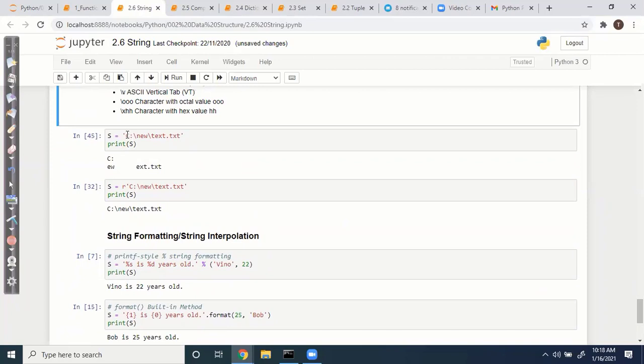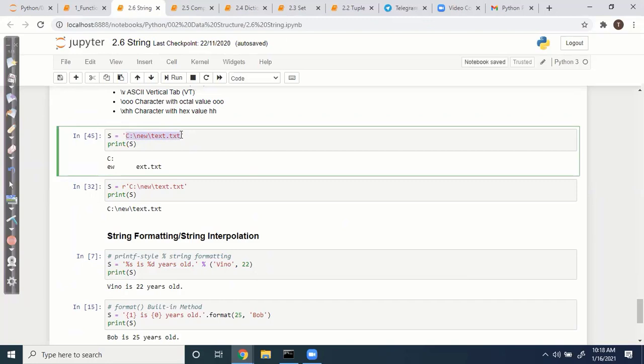Here, a simple case. We are having one string. It has a path, some text path, C:\n\t\n. What the interpreter will understand is that \n means it goes to the next line. That's why it goes to the next line, and \t gives some tab space here.